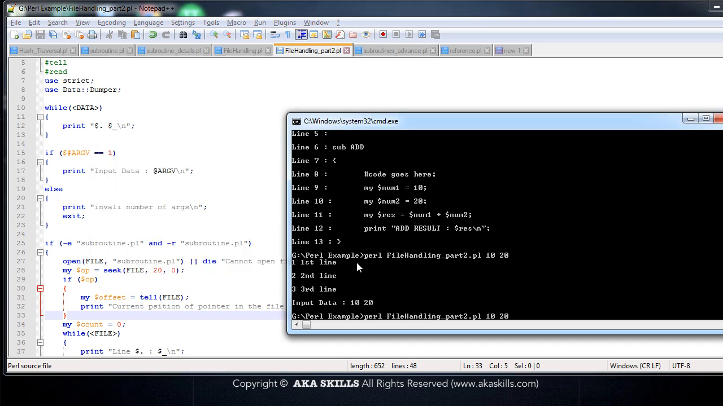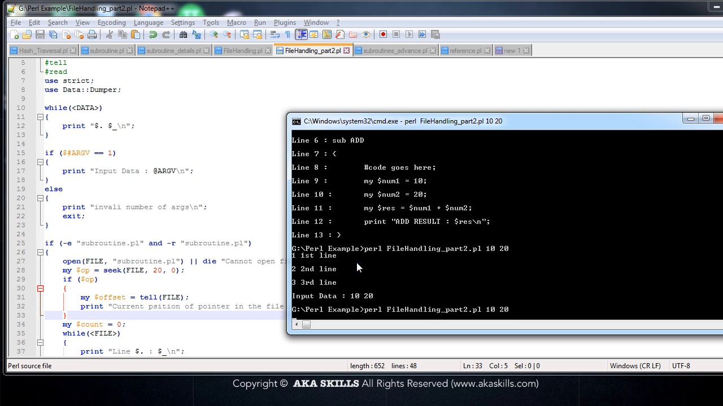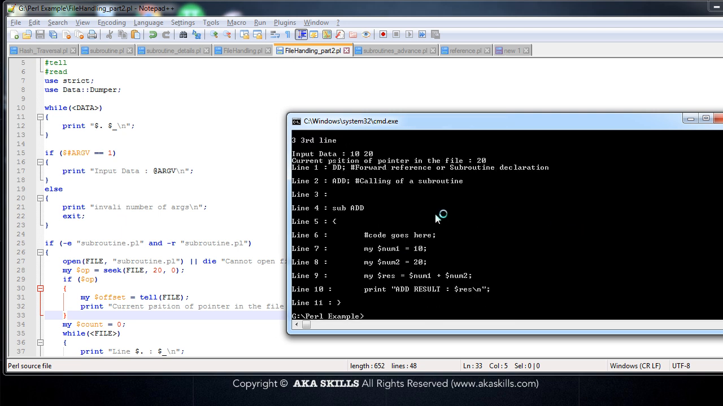So remember, what we have done is we have moved 20 bytes from the beginning. Thereafter, we have got the position of our pointer. So if you go ahead and execute this, you will see the current position of the pointer in the file is 20. So we have skipped 20 bytes, and from the 20th byte we have then opened our